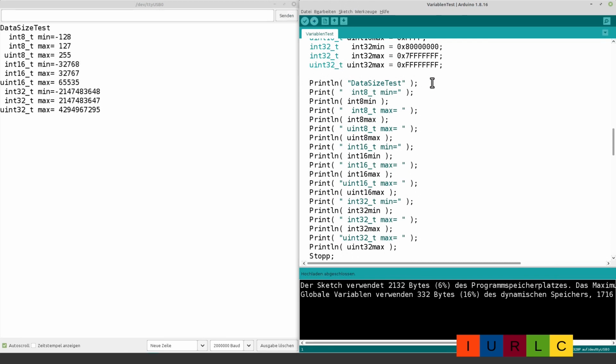We print the headline data size test here and see the headline data size test. Then we print int8_t min and the value of int8 min, and we see int8_t min and the value of the variable, and we go on until we print uint32_t max and the value of uint32 max. And we have here uint32 max and its value, and then we stop the